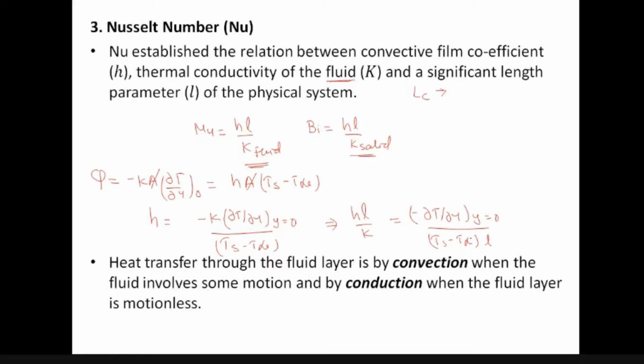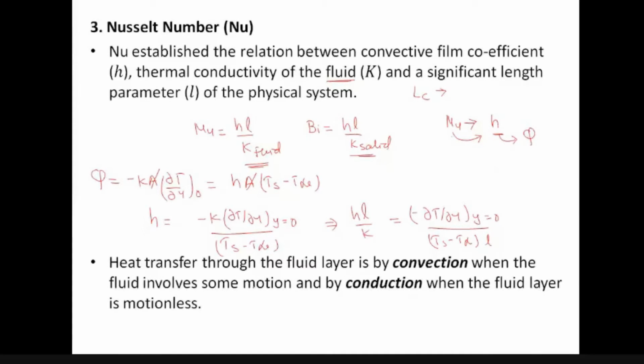So this is the significance, or in other words, we can also write that it shows how the convective heat transfer coefficient takes the heat. So finally, our concluding points for the Nusselt number: the Nusselt number is very important, and it is the only number from which you can calculate the convective heat transfer coefficient. So students, you must remember that in every numerical of convection, we are going to calculate the Nusselt number, and on the basis of the Nusselt number we calculate h, and from h we are able to calculate Q.